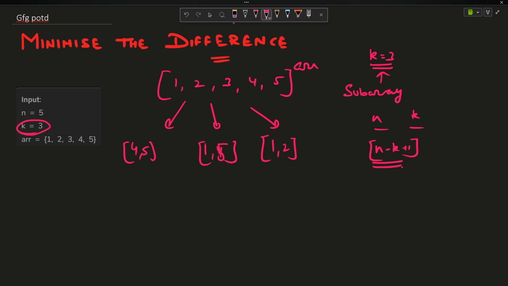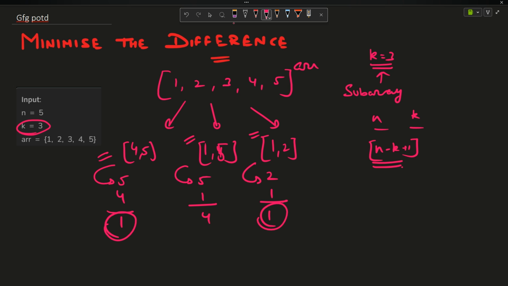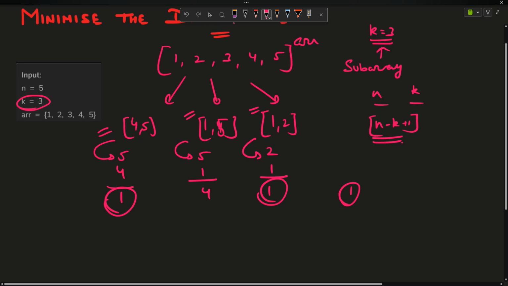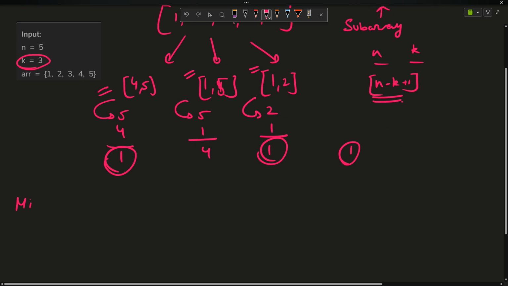Now, for these cases we have to find the answer. If I find the maximum and minimum of each remaining array, the maximum is 5 and minimum is 4, maximum is 5 and minimum is 1, maximum is 2 and minimum is 1. If I subtract them, 5 minus 4 is 1, 5 minus 1 is 4, 2 minus 1 is 1. So the minimum difference possible is 1, and that is my answer. So you have to give me the minimum difference